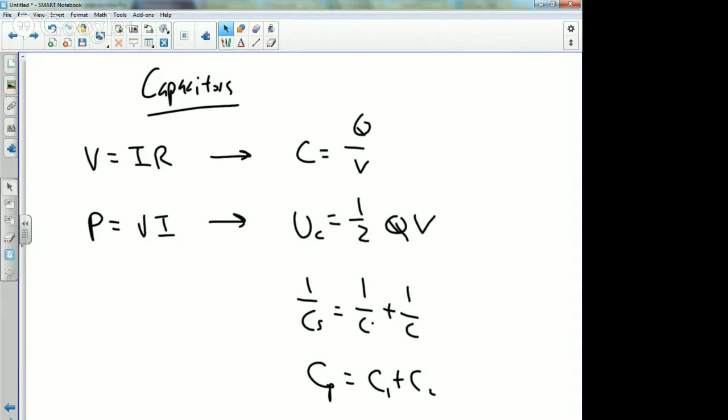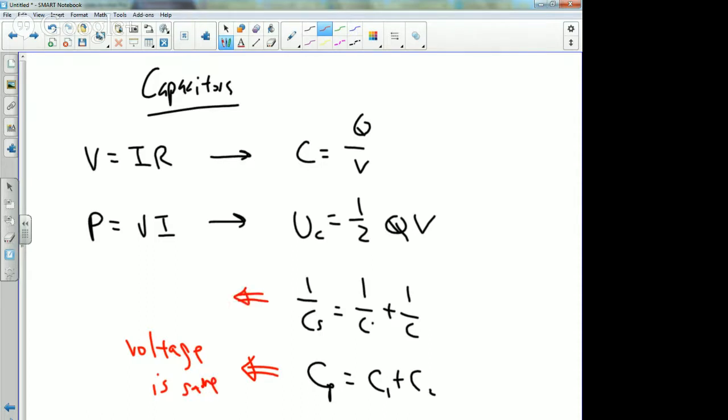Hi, Aiden. Parallel capacitors still have voltage the same, V is the same. Hi, pretty girl. While in series, we don't have current anymore because the current stopped flowing. Rather, we have charge. So Q is the same